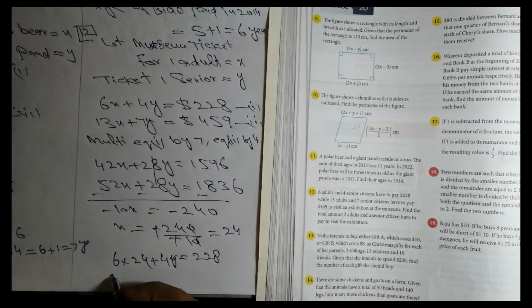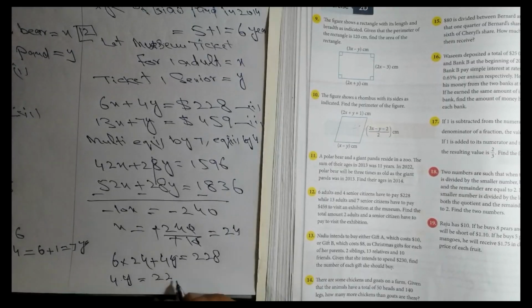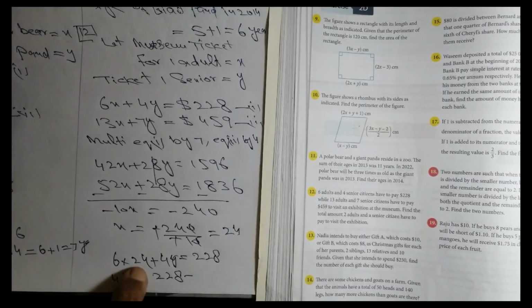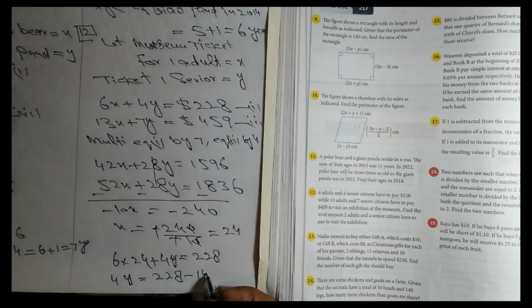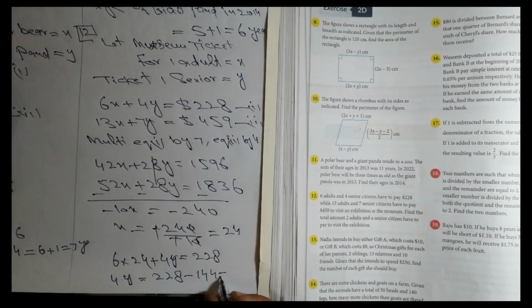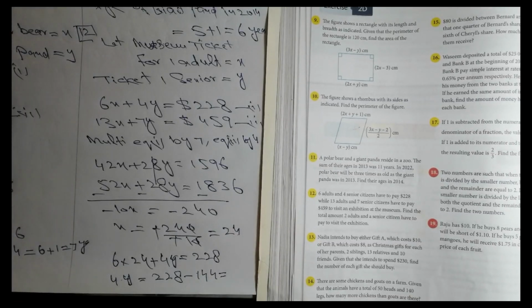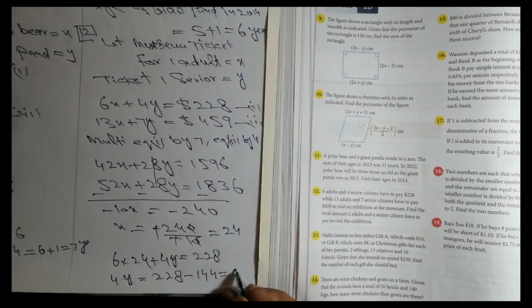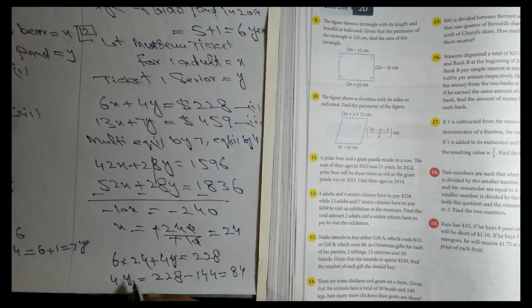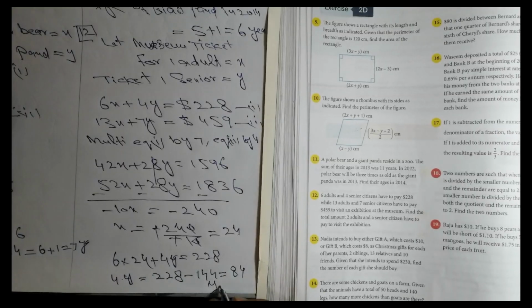So 4y is equal to 228 minus 24 multiplied by 6, which is 144. So that is equal to 84, and divide by 4, and y will be equal to